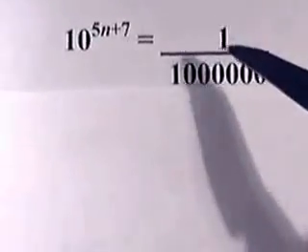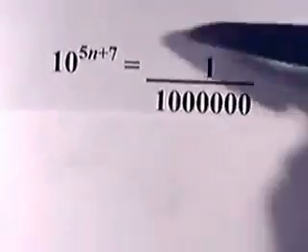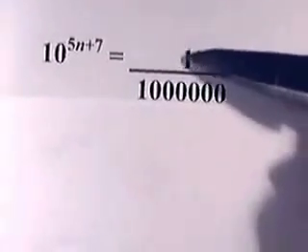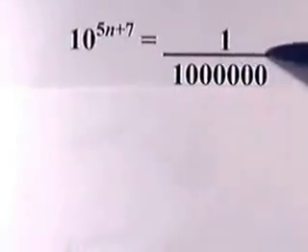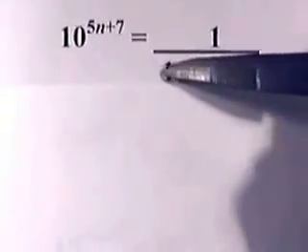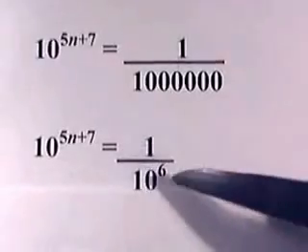So that decimal on the previous page that was on the right hand side of the equation, that is the same thing as 1/1,000,000th. Now, from what we've previously shown you, 1 over 1,000,000 is 1 over 10 to the